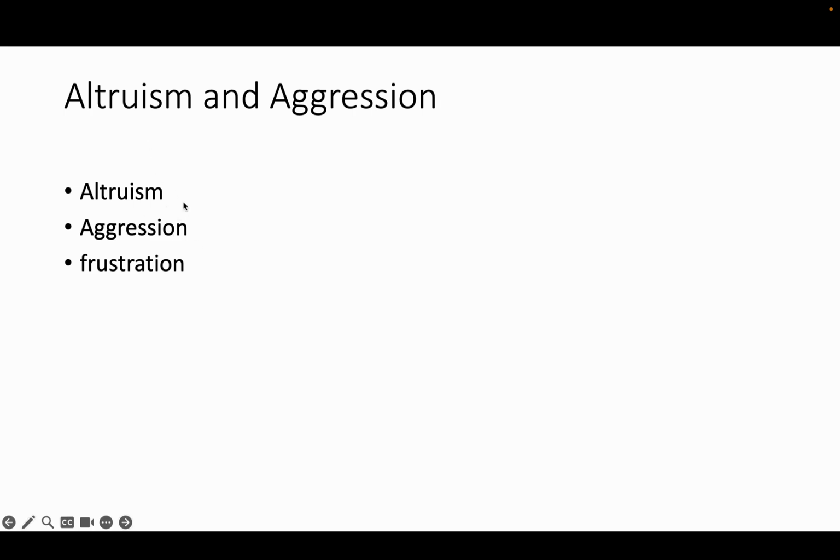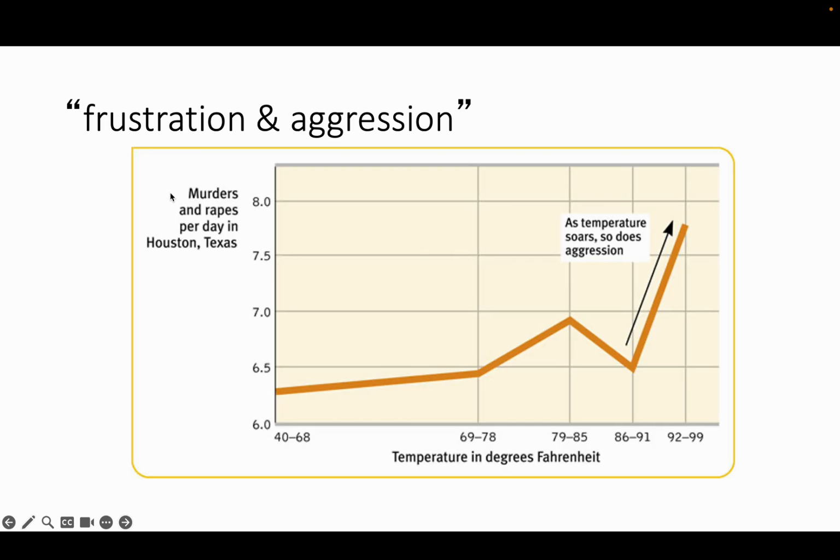Altruism. Okay, people can be rotten. They can also be good. Altruism is when people help other people. They risk their life sometimes for strangers. That's called altruism. On aggression, just be aware, humans, aggression is when you want to hurt someone. Frustration, this might be obvious, increases aggression. When it's hot, when you're irritated, when you're frustrated, you'll be more aggressive. Testosterone is a male hormone that also is associated with aggression.